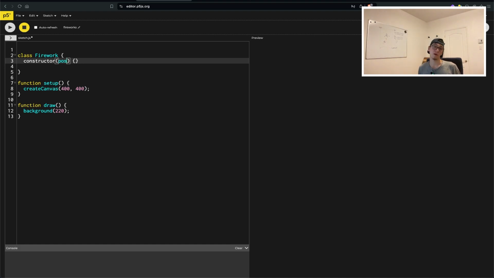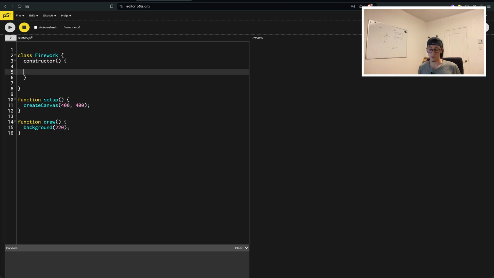Maybe the lifetime could be set in the constructor, so it wouldn't matter. Maybe the position as well. Yeah, sure. So we'll have this.pos equal to createVector, which will be random between 0 and the width,